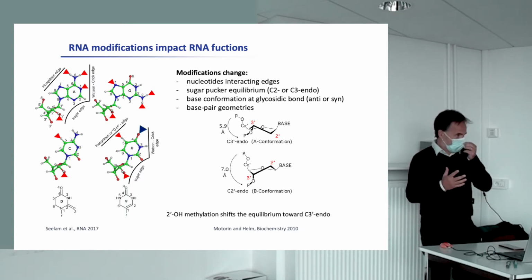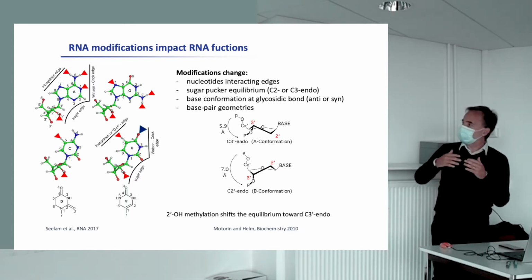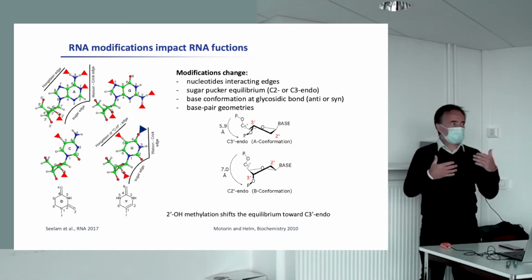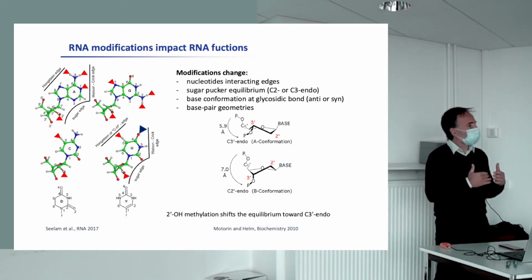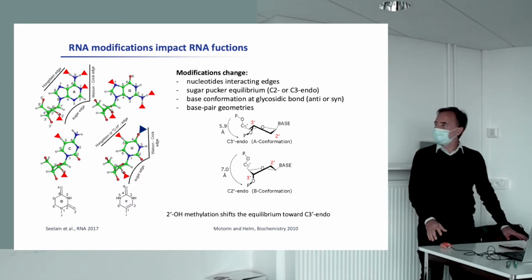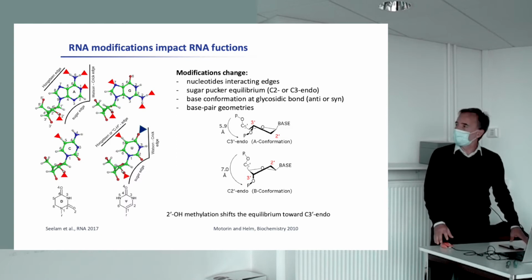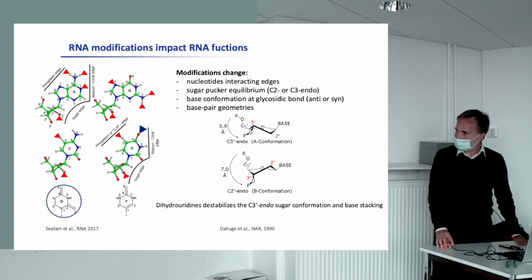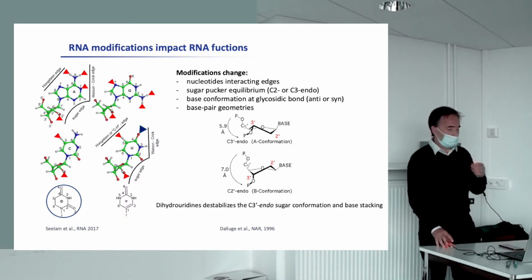A-form helices. Okay, so the ribose in this pucker conformation is suitable to make a regular helix, to have a stable structure with two strands that are interacting with each other. And so we have a modification that is actually favoring this. But we have other modifications, in this case on the base. So for example, the